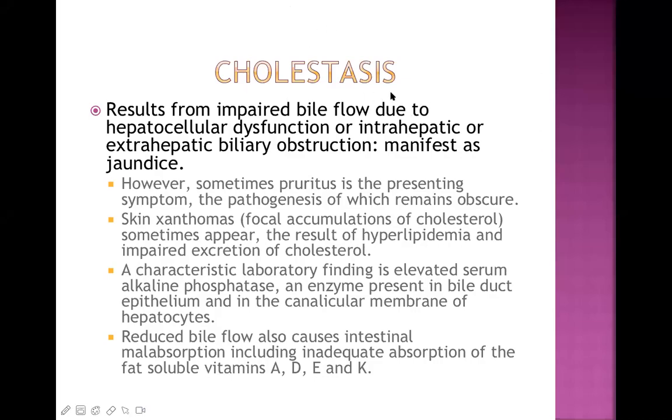Okay, so let's continue. We are talking about cholestasis. Now, before the break, I explained what happens in cholestasis. There is obstruction of bile flow that can happen inside the liver or outside the liver. That's the first thing. Second, pruritus is one of the main presenting complaints or symptoms in case of cholestatic jaundice. Cholestatic jaundice is another term for obstructive jaundice.